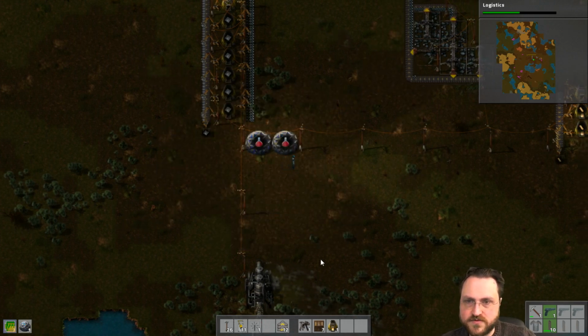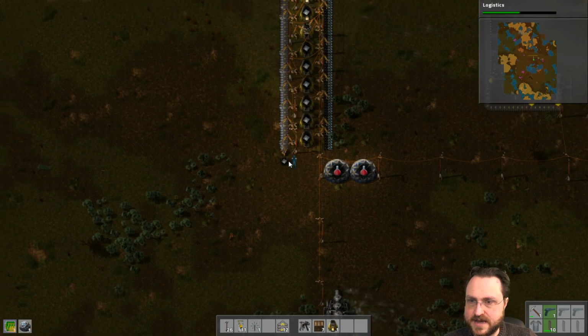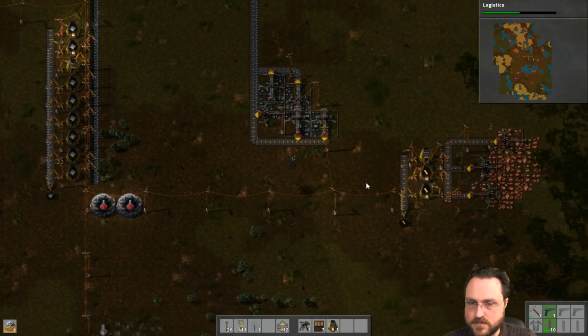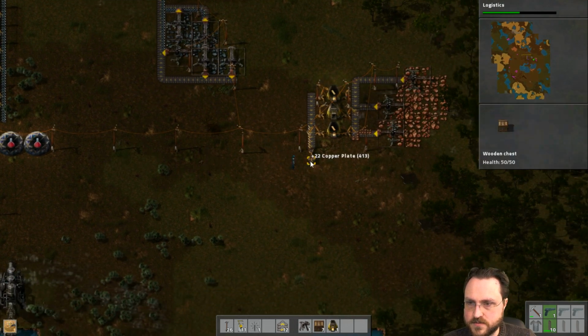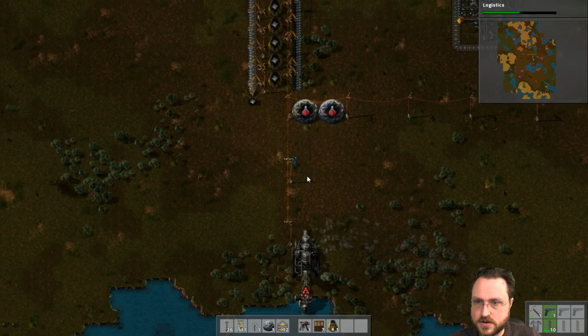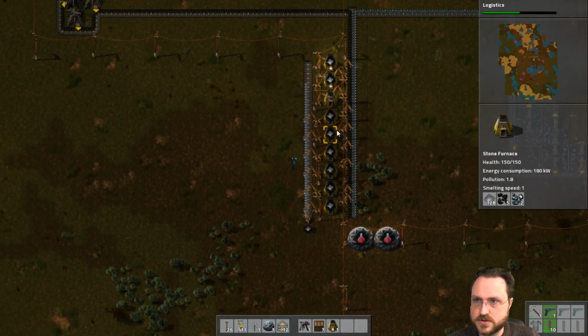All right, dump those in there. Just wait for one more to finish. Do another pass to pick up some iron plates, and some copper plates while we wait. Good. Oh, we're out of fuel down here. Do I have any on me? No. So, let me do...